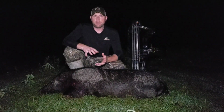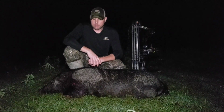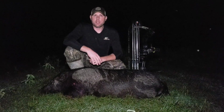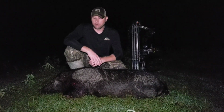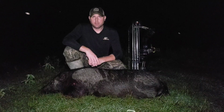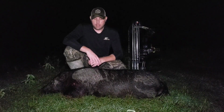The blind is set up on like a little knoll there, and when the wind starts swirling, they always seem to bust me. So I brought my tripod in, I backed it in about 40 yards away, so give me a little more distance, and tucked it into some trees. And yeah, they never even knew I was there. So she came in right about 8:40. Stood at the feeder there, right at my 40-yard mark, so I knew the distance,